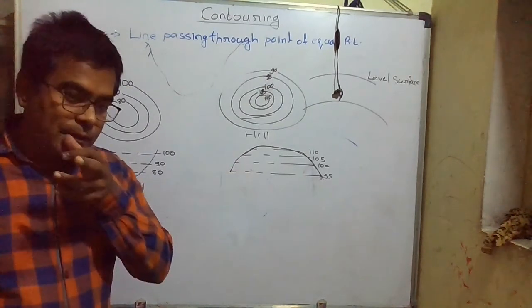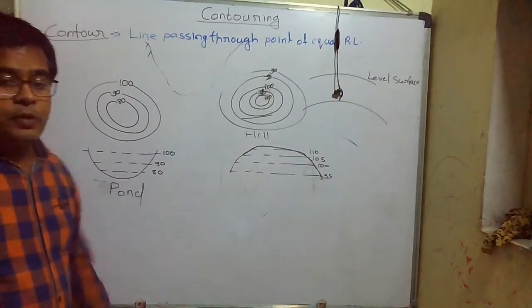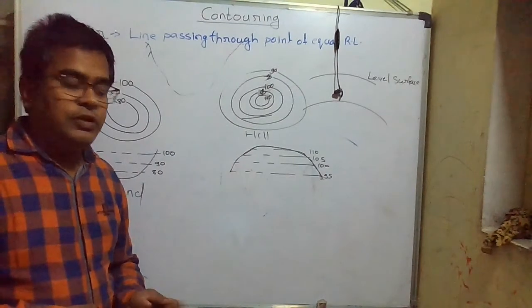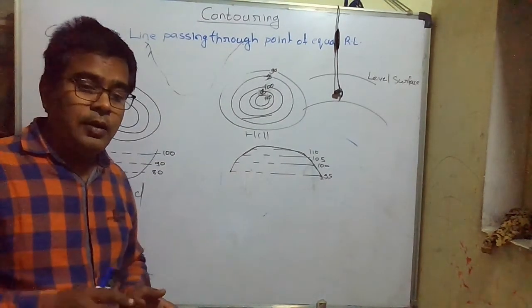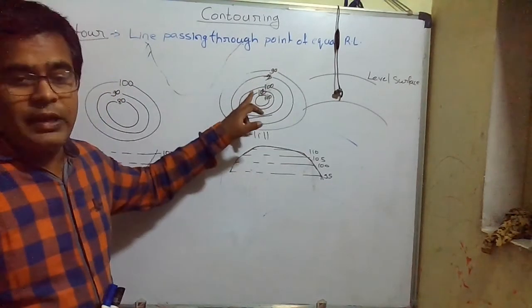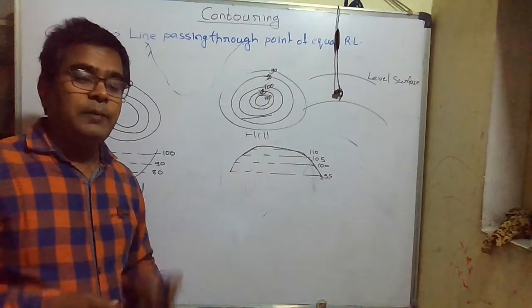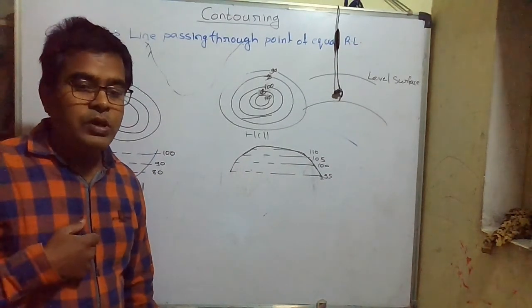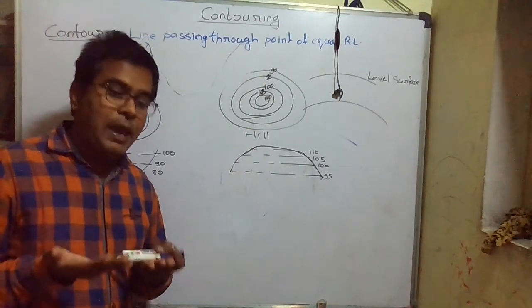Again, what idea does it give us? By using this contour map, we can calculate the earthwork we need. Means how much we have to excavate, how much we have to fill. All that idea we'll get from these contour lines. I mean, contour lines give us the idea of the nature of the ground, how that ground looks like by just seeing the map.